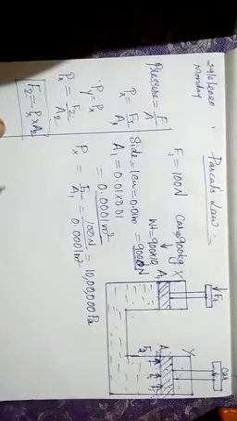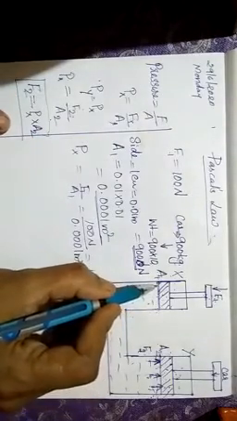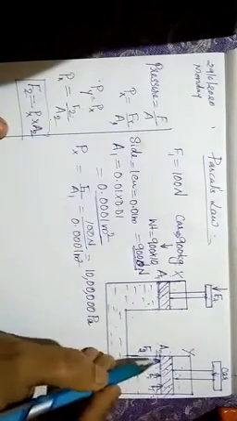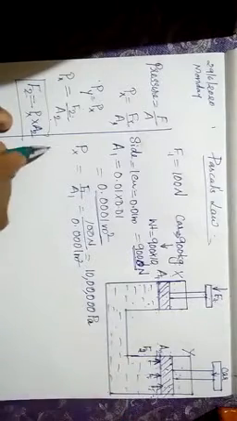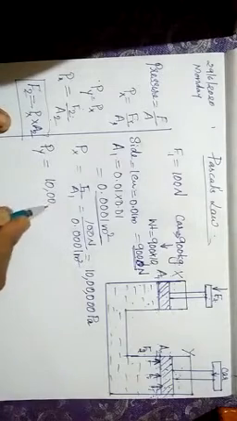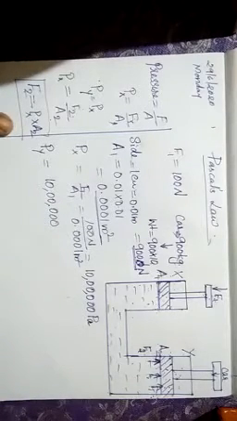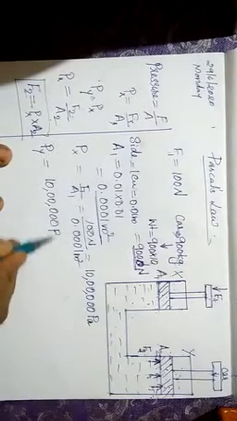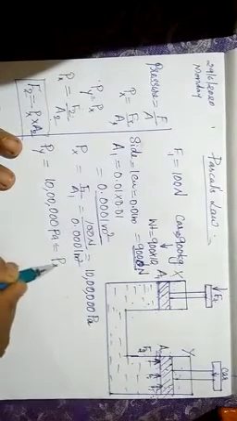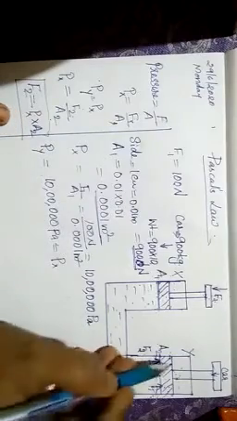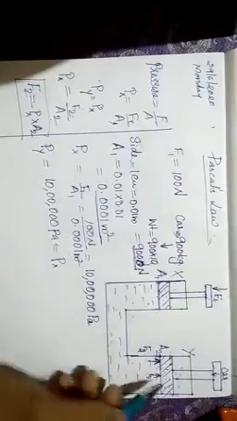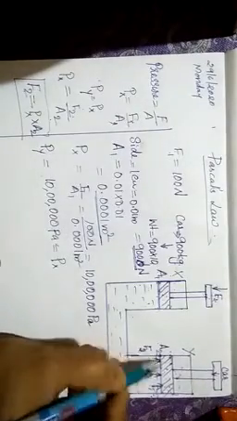So 10 lakh Pascal. Now this 10 lakh Pascal pressure will be exerted on the other side Y also. This other surface in the tube Y, isn't it? So that Py also will be 10 lakh Pascal, which is equal to P of x itself. And now let us calculate the applied force. This area of cross section also we should know to find out the upward force. So let us calculate the area of cross section.